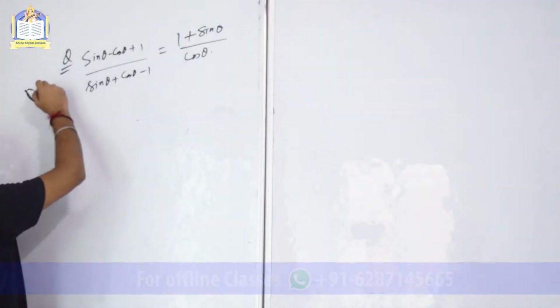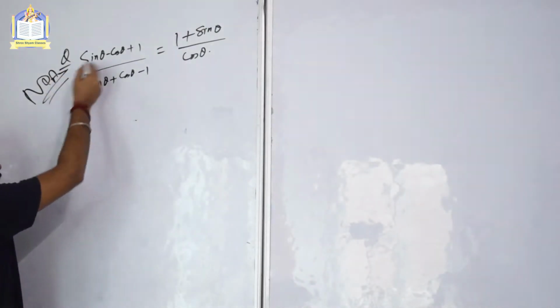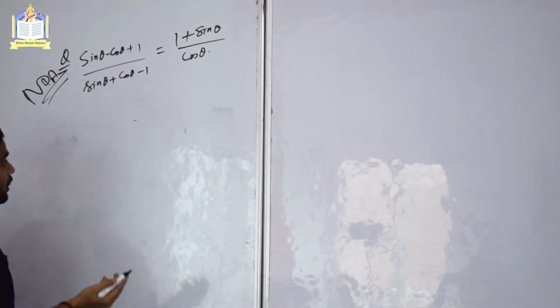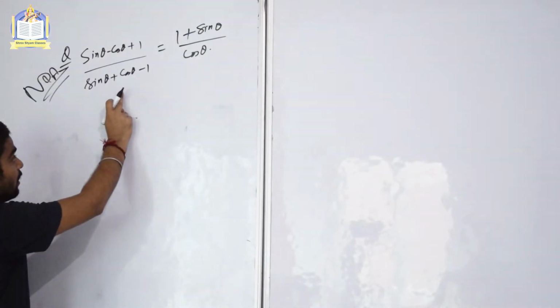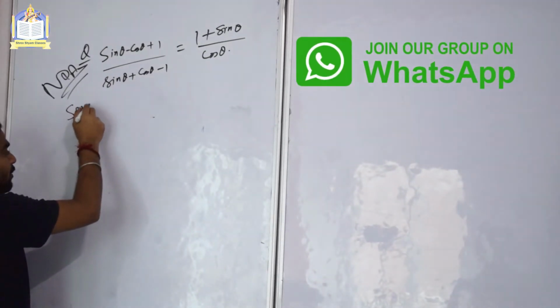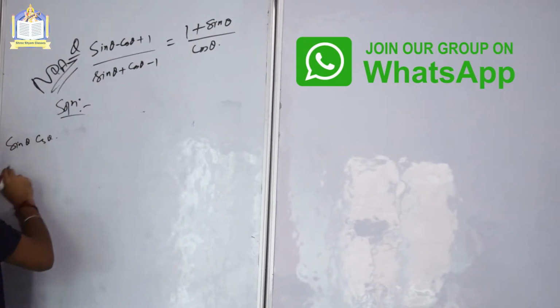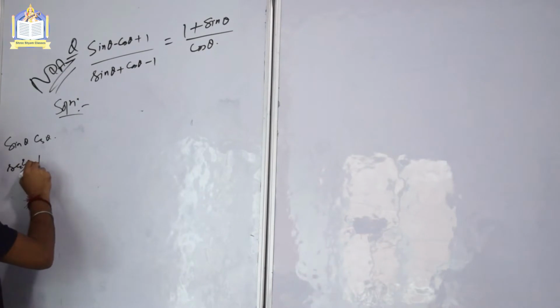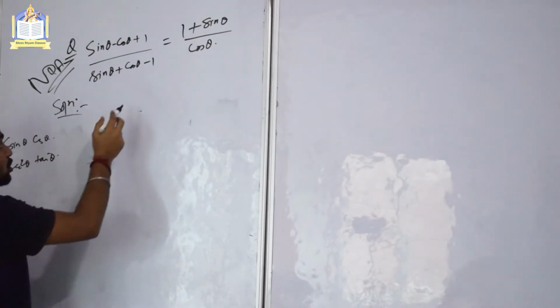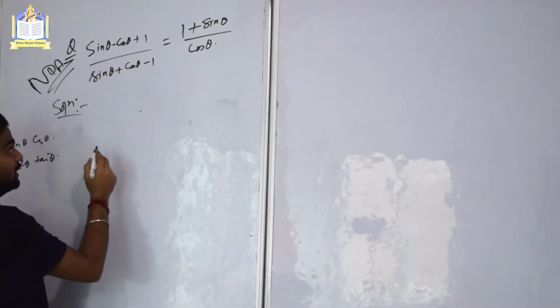This question has been asked in NDA and this is one of the most important questions in trigonometry. Okay, so starting with this, first of all we know the relation between sin theta and cos theta, and also between sec square theta and tan square theta. Okay, so dividing both sides by cos theta we get